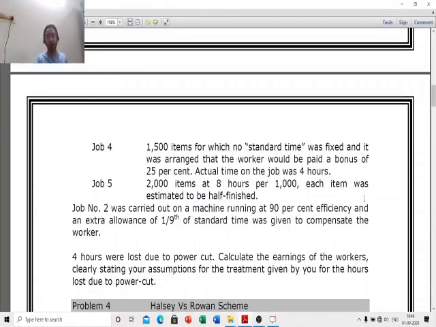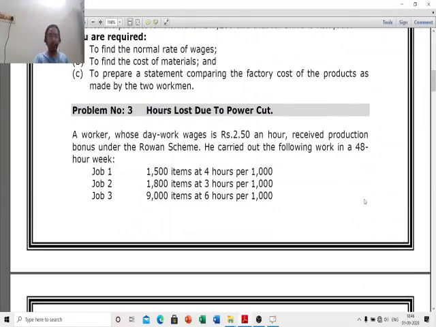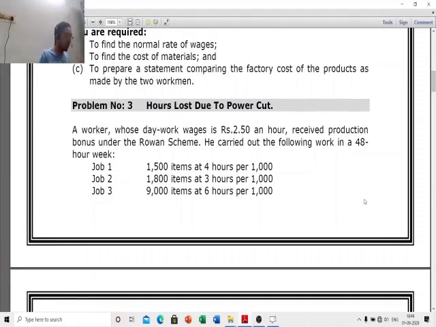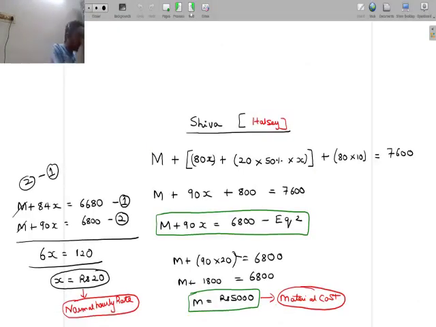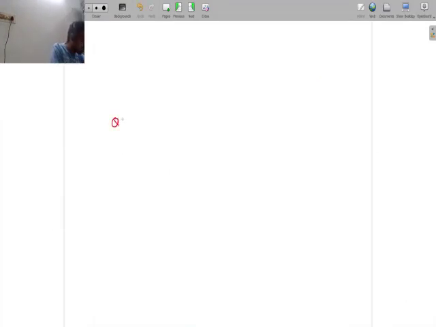due to power cut. So here there is a new learning element, but we will look at that when we are supposed to do. See, first let's look at this, approach this calculation stage by stage. So we are looking at question number 3 here. The first thing I am going to do is I am going to be calculating time allowed in terms of number of hours for all the jobs. For all the jobs, let's see what is going to be the time allowed.